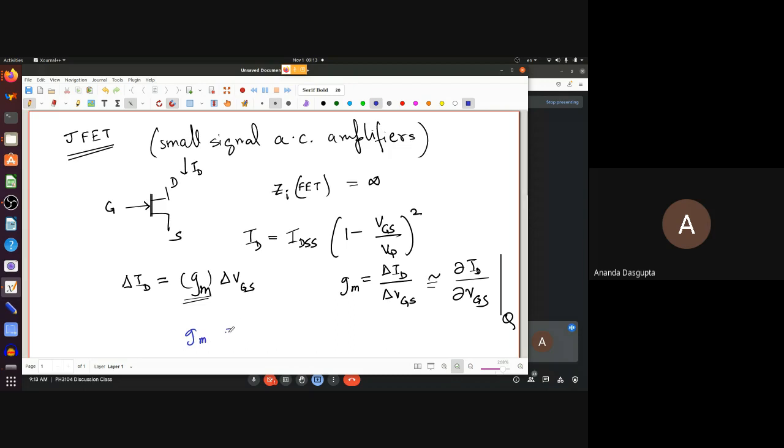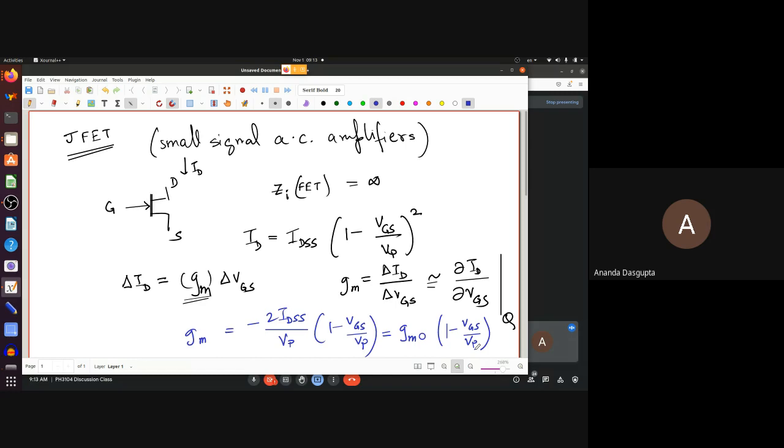In fact, calculating GM is rather trivial, at least from this formula. You can see GM works out to be minus 2 IDSS by VP into 1 minus VGS by VP. That's just differentiating this expression, nothing else. And note that minus 2 IDSS by VP is a positive quantity, since VP, the pinch-off voltage, is negative. This is what you call GM0, simply because that's what GM is going to be when VGS is 0, because the formula is 1 minus VGS by VP. So with the gate shorted to the source,